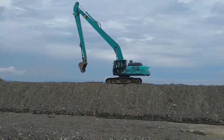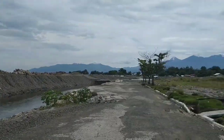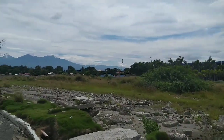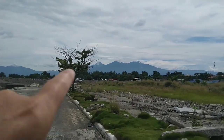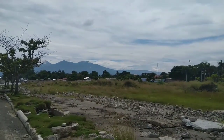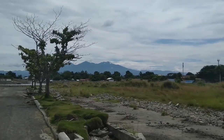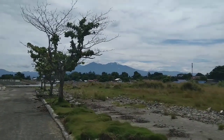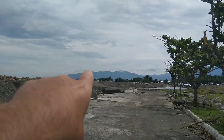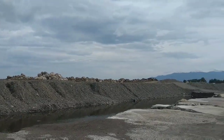My body is not used to climbing these areas of boulders, building sites. So look at that, that is a stunning view, an absolute stunning view of the mountains just outside Davao. I don't think it's Mount Apple. But it looks glorious. As I said, we're walking here to go onto this raised Davao coastal road,